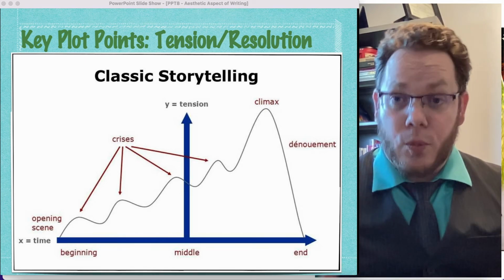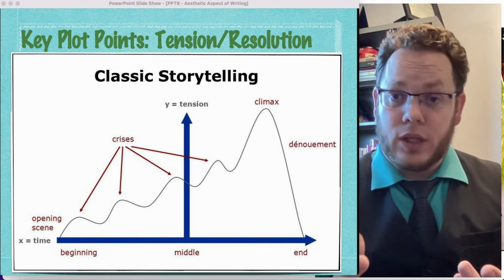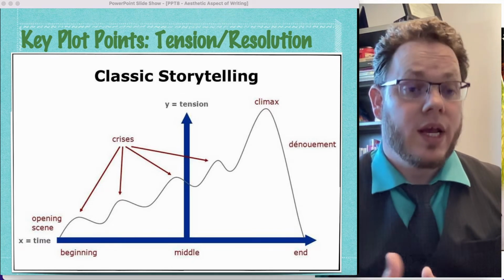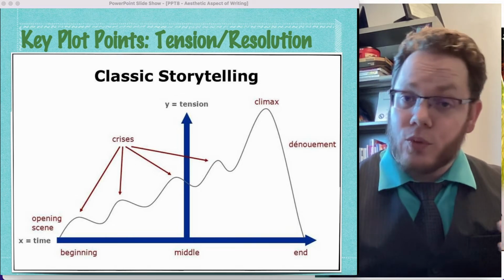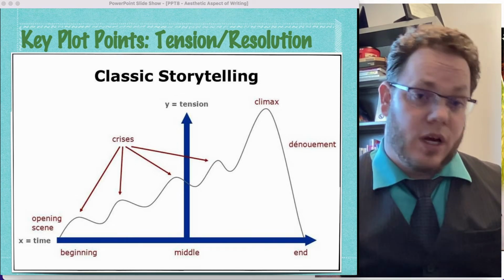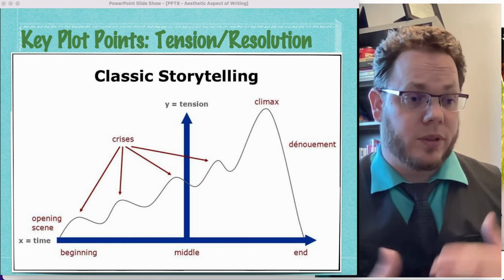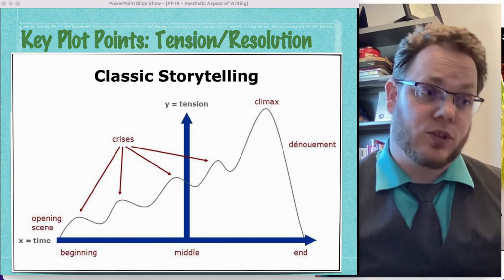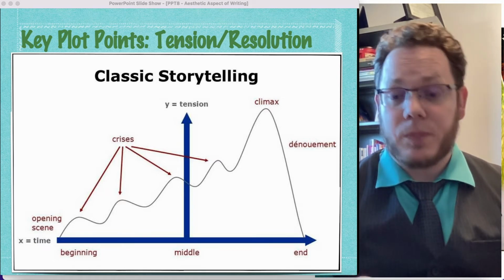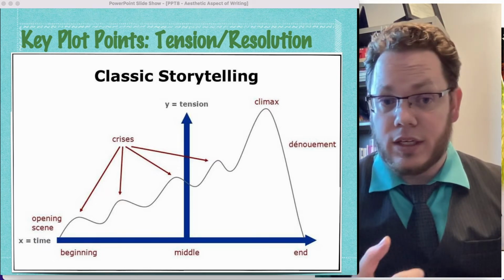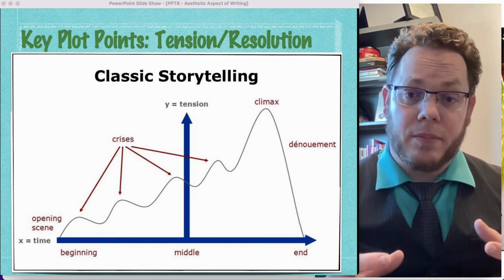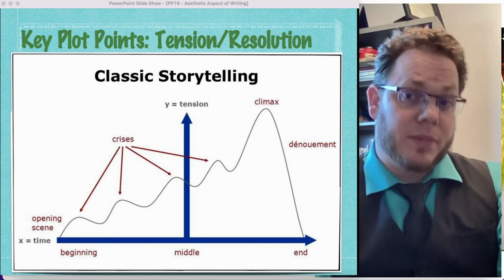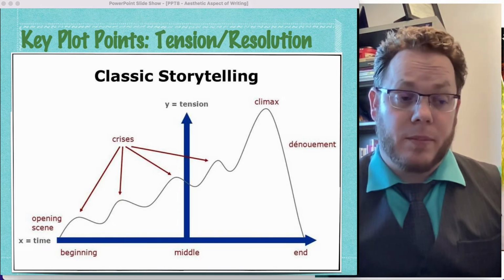We usually have some sort of opening scene, and there's kind of an unspoken rule, or at least an understanding about good writing, that those in the publishing business will say they can tell within the first 2 pages whether a book is going to be good. And it's not just because the grammar's clean or it's got vivid language. It's that there's a promise in the first couple pages of the book that tells me there's going to be something interesting and worthwhile to look forward to.